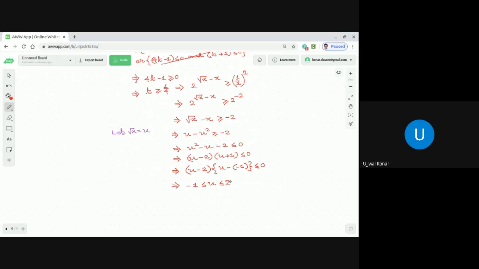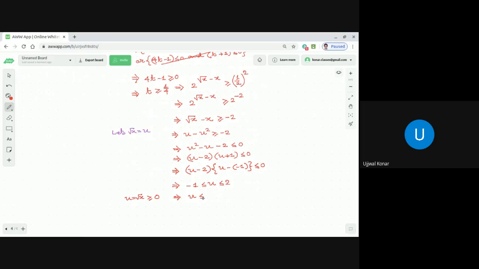Now obviously u should be greater than or equal to minus 1, no? Because it is a positive number. u is equal to the square root of x. Yes. So the only thing we can consider, taking into account that u, that is equal to the square root of x, is always greater than or equal to 0 now. So minus it is greater than -1. That is actually getting